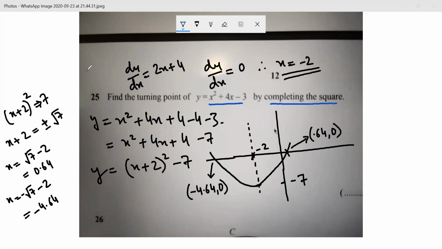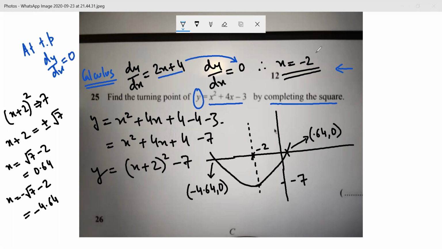Usually what we do is we use calculus. Let us look at the calculus method first. In this method, I find the differential of the function, dy by dx, that is equal to 2x plus 4. Now at the turning point, the differential is 0. Therefore, this function should be equal to 0. Therefore, x is equal to minus 2 would be a turning point. Mr. Rudra, any doubt about this?